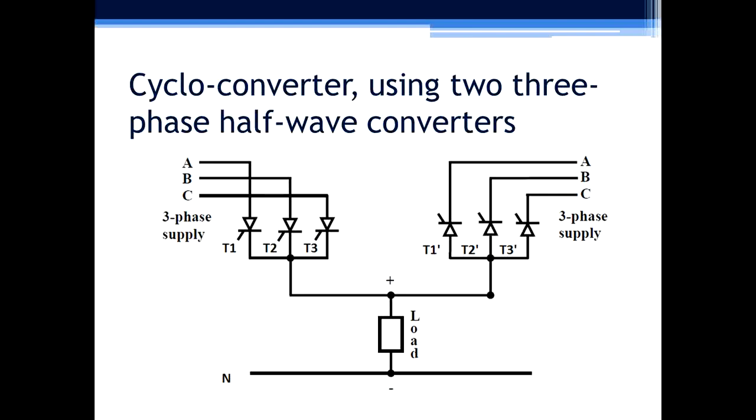To generate the AC waveform we need to get the positive part and the negative part. So we will first understand the operation of converter 1 to get the positive output. Once we get that output, understanding the operation of the second converter is very simple. It will be the exact replica, with opposite polarity compared to the previous one. So we will only understand the operation of converter 1. Waveforms of these converters are actually not expected in the syllabus, but still we will try to get the concept.